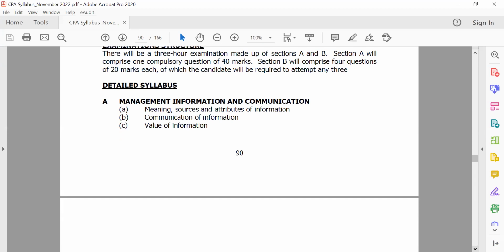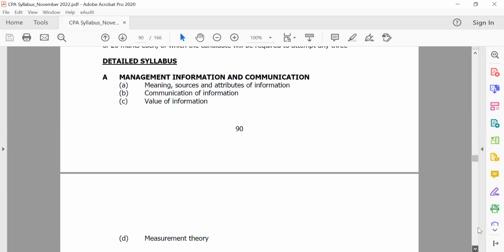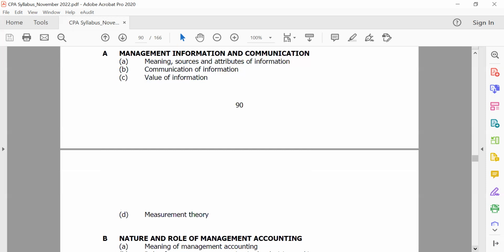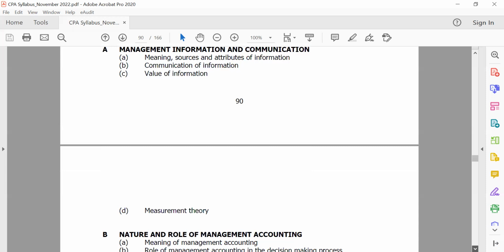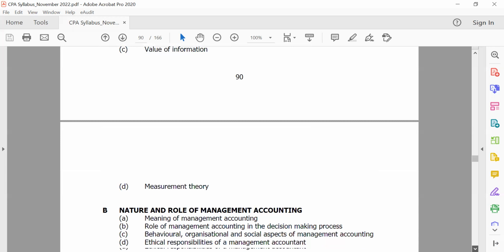So I would encourage you to be able to look at that. But this is just to give you an insight onto the topic and what you should be able to know as well. Of course, it also cascades down to aspects of measurement theory, which you'll be able to appreciate even as we move forward. So very next to this is what you may call the nature and role of management